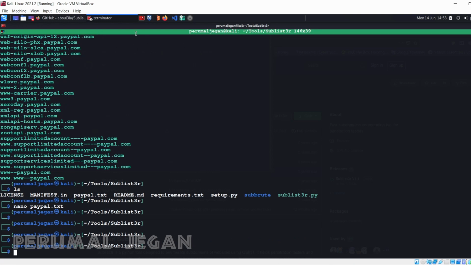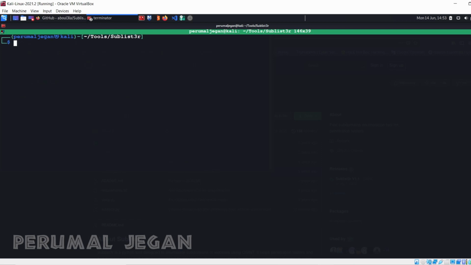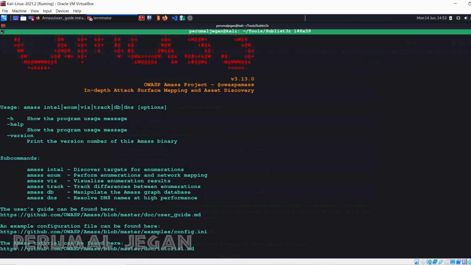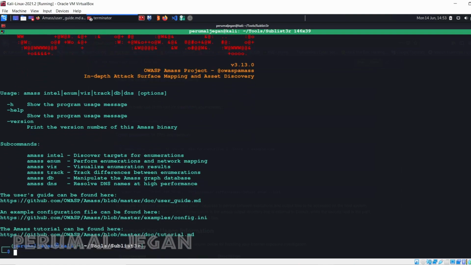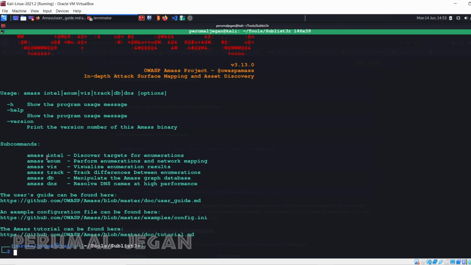And let me explain the second tool. The name is Amass. Simple. The command is simple. Amass. Let me get some help. It has the list of subcommands intel, enum, viz, track, db, and dns, and each has its own purposes.